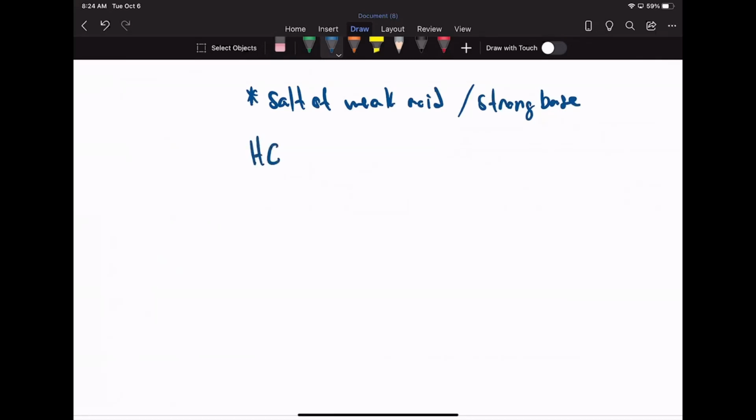Let's take a weak acid plus a strong base. So weak acid plus strong base, and it's going to be a similar notion here. We're going to get this conjugate base, and we're going to get